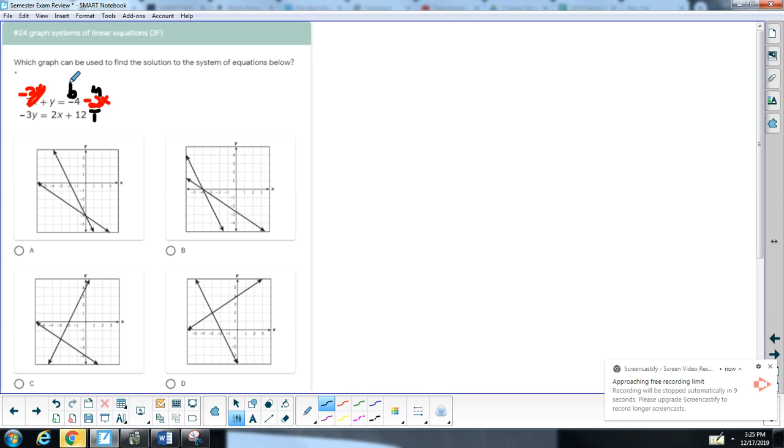So I'm going to begin at negative 4. Beginning at negative 4 right there. This one doesn't begin at negative 4. There's a negative 4 beginning. And this one looks like it